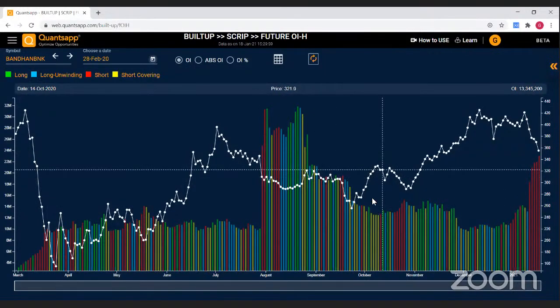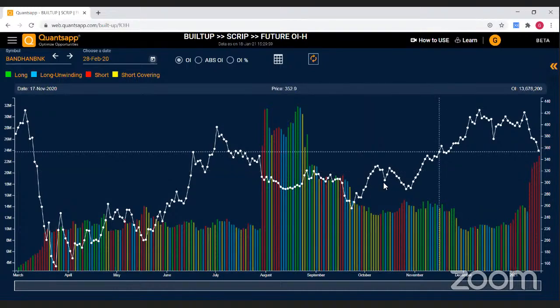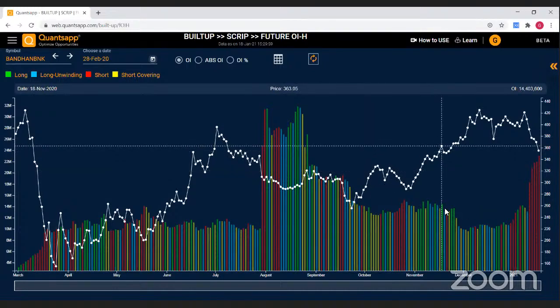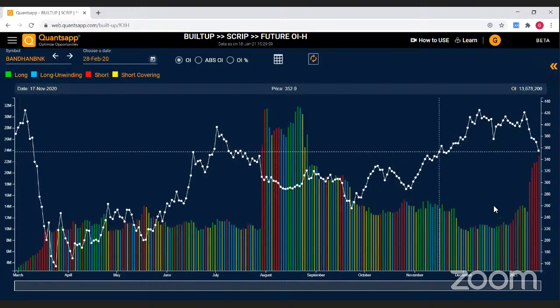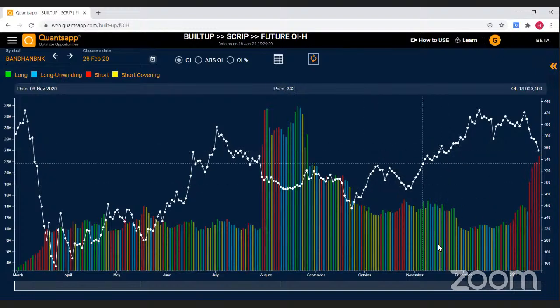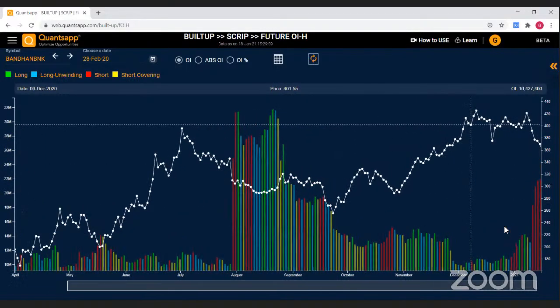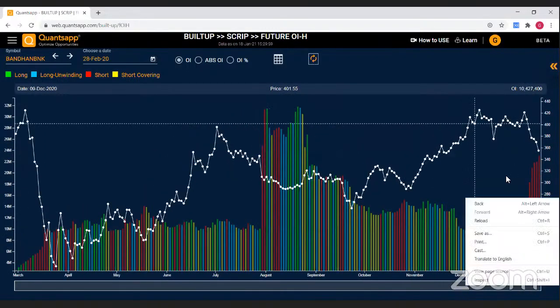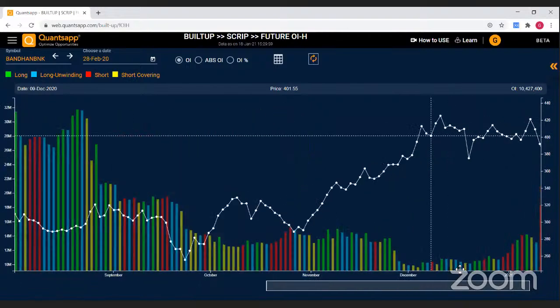But after that, even though prices were increasing, the OI data you can see was declining, which gives a significant key. Even though there's a price increase, market participants are not confident enough to go with it. But if you see the recent data, जो कुछ टाइम में हुआ है,